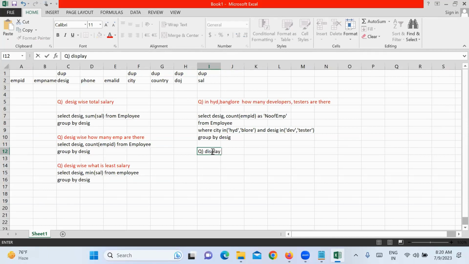Select. Display all employees who joined in February 2023. How do you write here? Same logic. From employees, select star from employees, where